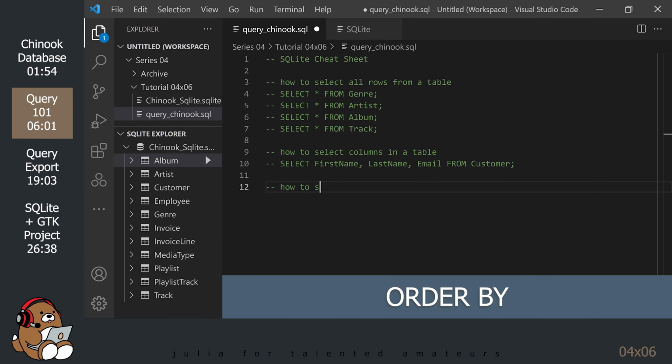Now, what if you're trying to find a customer and you want to see this customer list sorted alphabetically by first name? To sort a query, use the Order By clause.